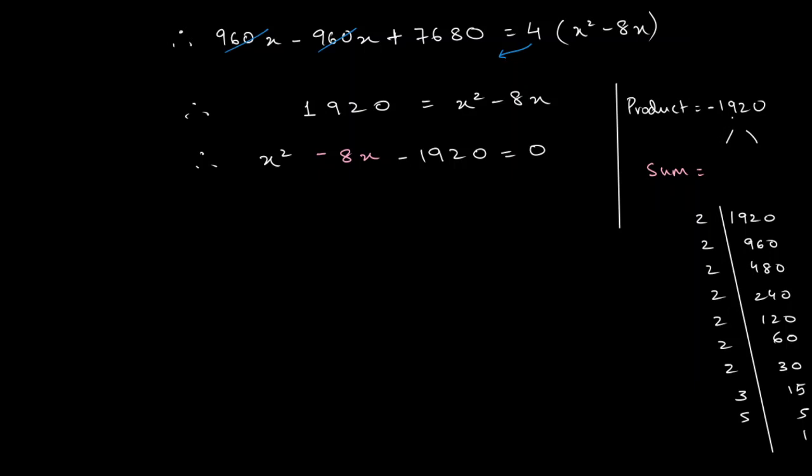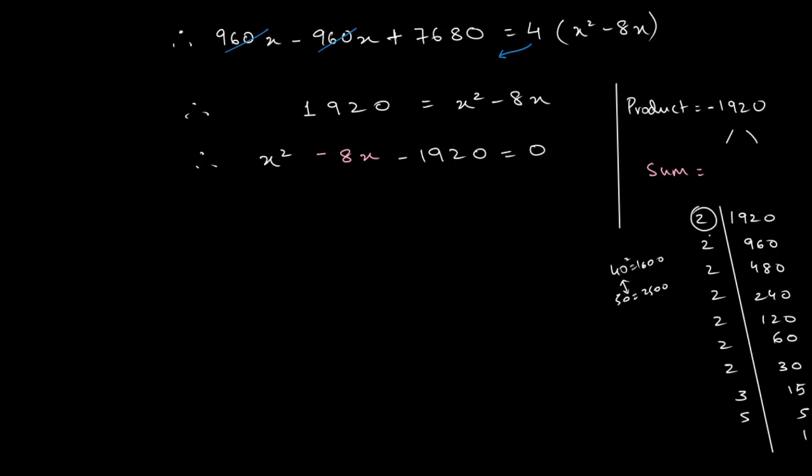But then think about it, 1920, right? The square of 40 is 1600, and the square of 50 is 2500. So your factors have to be somewhere in between 40 and 50. That is like an estimate that you can put, right? So let's try to group our terms in a way such that we get those two factors. So suppose I consider